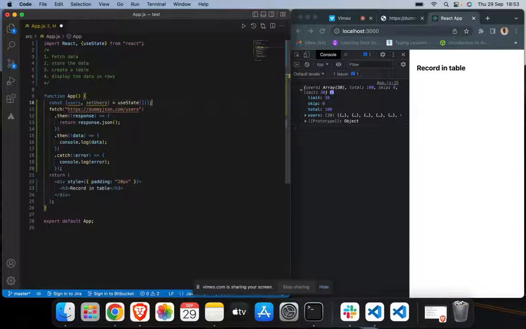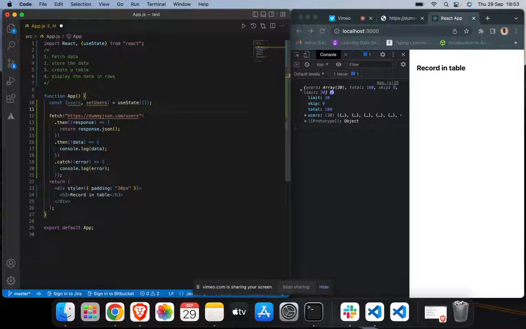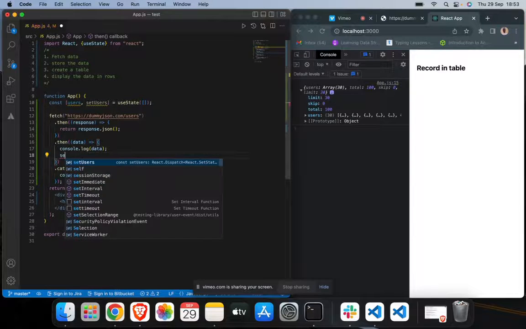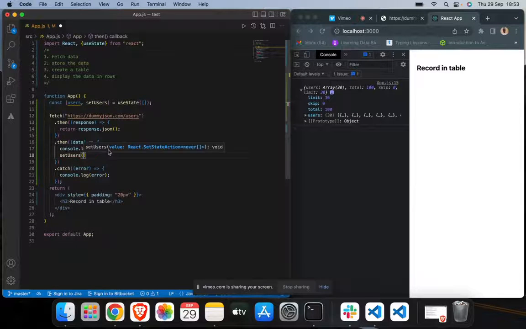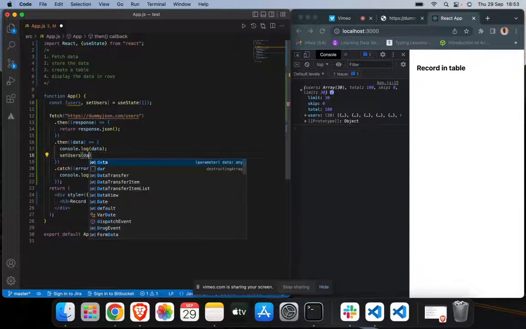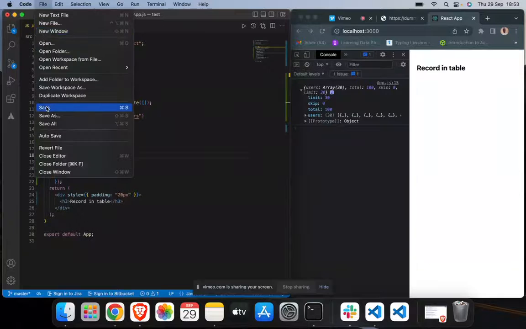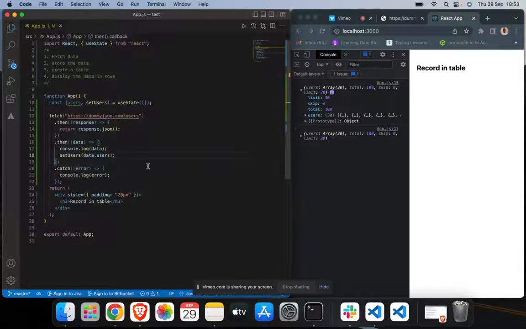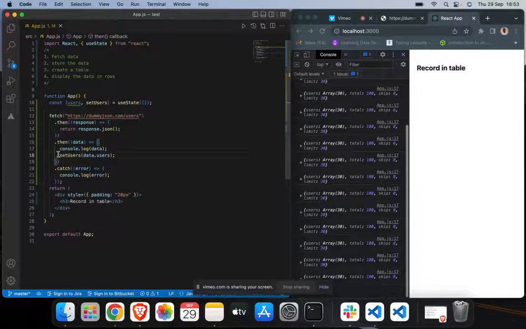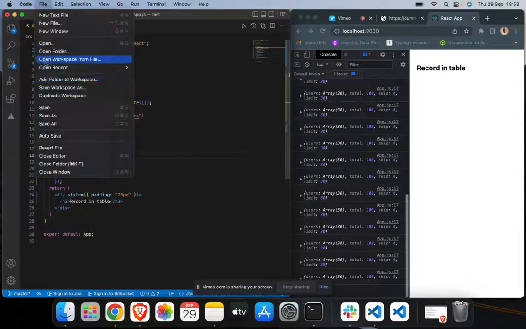So now we have our state. Let's store the data from our response here using setUsers. Pass in the data, that's users, from our response. Now let's save the file. Oh, sorry. Comment this out. Save it again